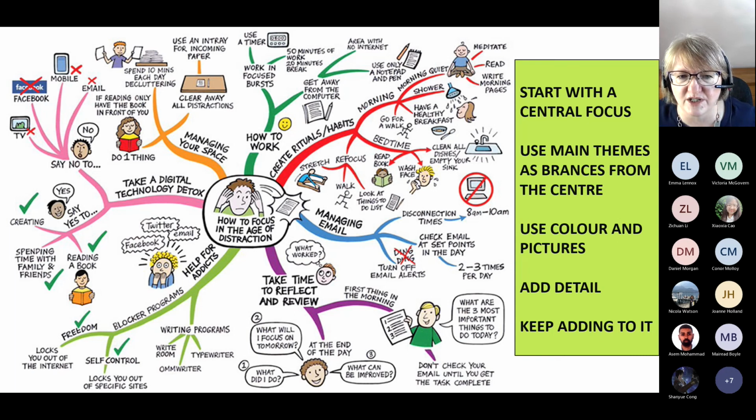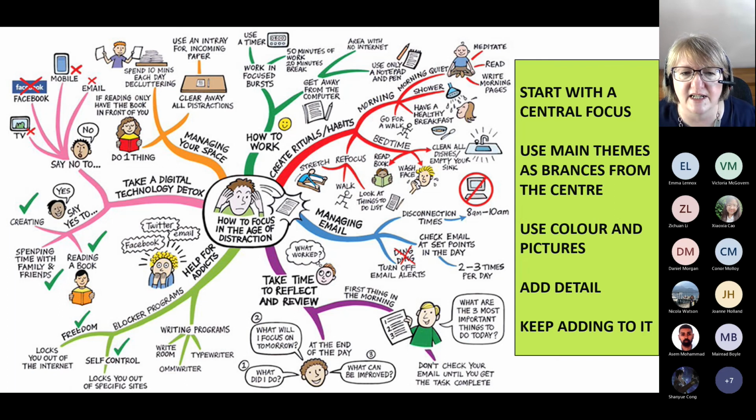You then put down main themes coming off that central focus as branches from the center. You might get creative with using color and using pictures, especially if you're good at artwork, it can be really nice to do it that way. Also time consuming. Okay, so it's not a really quick fix.